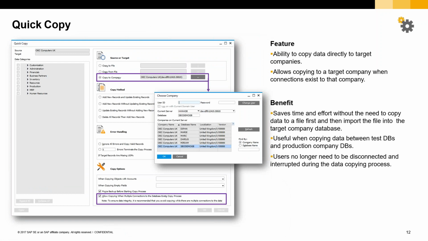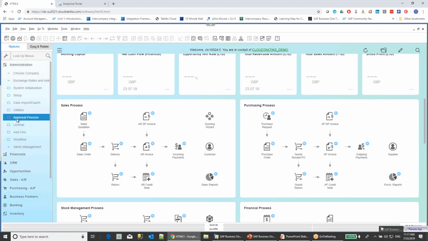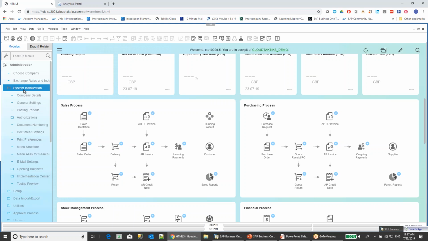Quick copy. Now you have a new option as well, which is also very important for us. If you were working on version 2008, you could copy from company to company. But in 9.0, 9.1, this option was not available, and you could just copy from file to file. Previously it was an add-on called Copy Express, and it was available. When SAP embedded this option in 9.0, they removed this copy between companies. But now in 9.3,